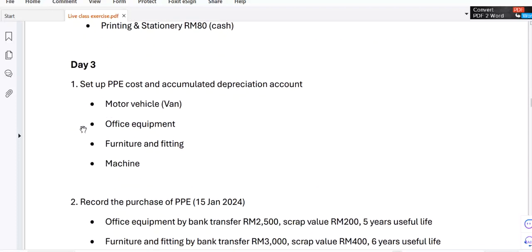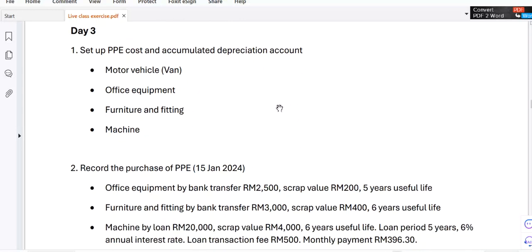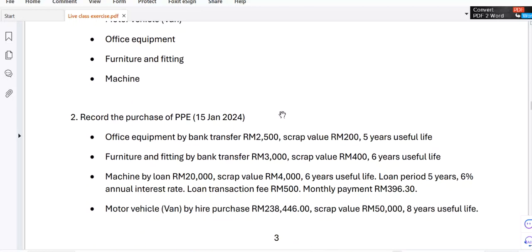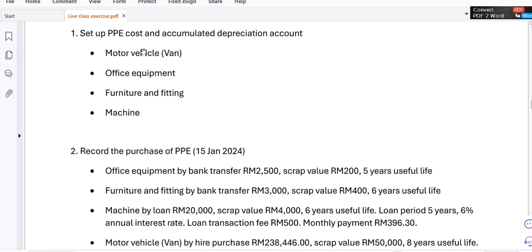Day 3, we start to look into the non-current asset, particularly the property, plant, and equipment, cost, and also the depreciation. So we have a few assets here. Some of these we purchase by cash, by bank transfer. Some of these we purchase by bank loan, and some of these purchased by hire purchase. For the motor vehicle, it is very common. Some of the machines can be purchased by hire purchase arrangement as well, which is not very rare. Although the more common one is the motor vehicle that we purchase using the hire purchase arrangement,